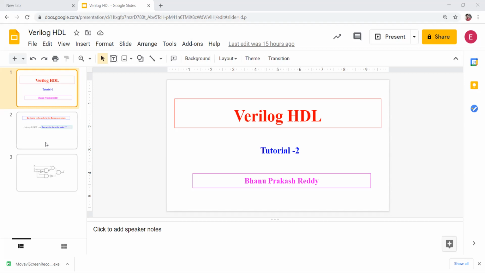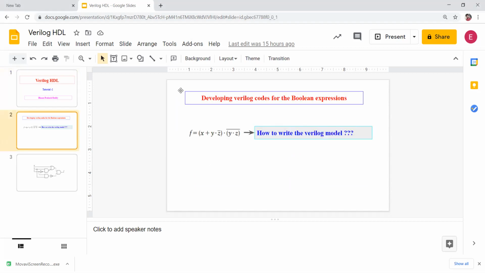Now, here is one Boolean function I consider. I need to design this and develop a Verilog model for it. How? If you want to write it as a gate level model and optimize this particular Boolean function, we can optimize by using the Boolean algebraic laws. Otherwise, we can directly implement it as it is.